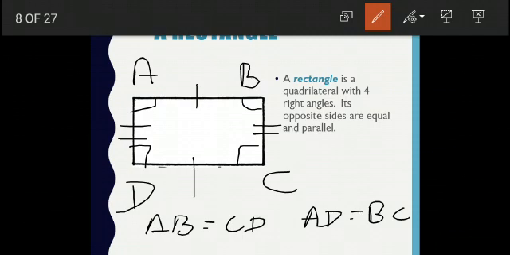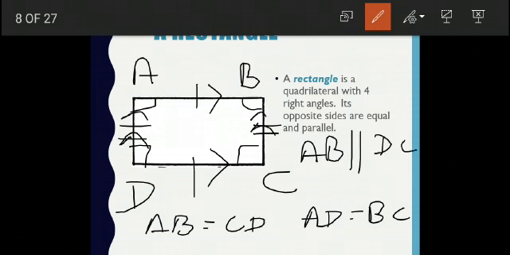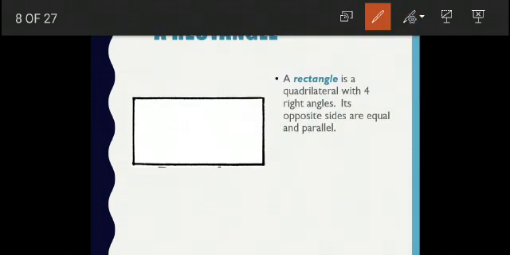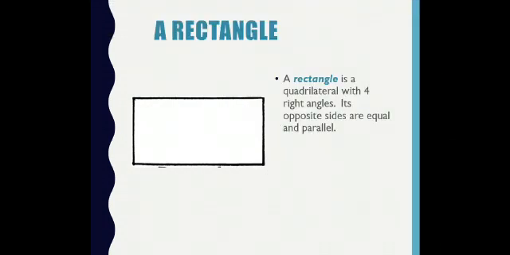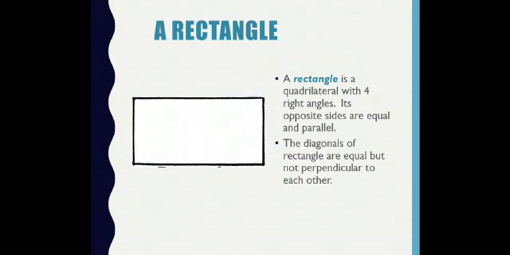Parallel to each other means the opposite sides do not meet at any point. The opposite side AB is parallel to DC and also BC is parallel to AD. So I can write symbolically as AB is parallel to DC and AD is parallel to BC. Fine. Now, if I come to the property of the diagonals in a rectangle, the diagonals of a rectangle are